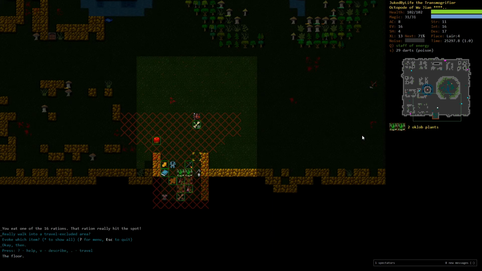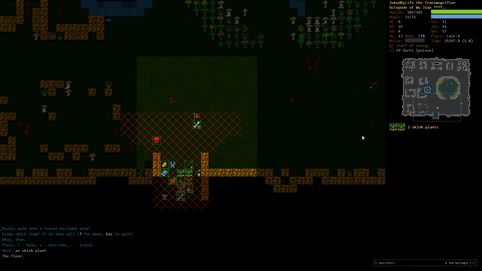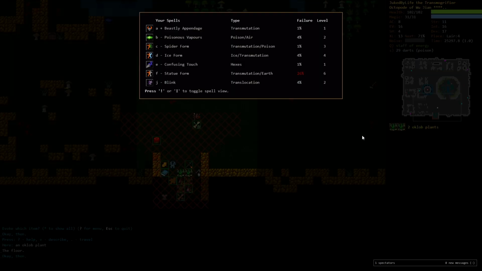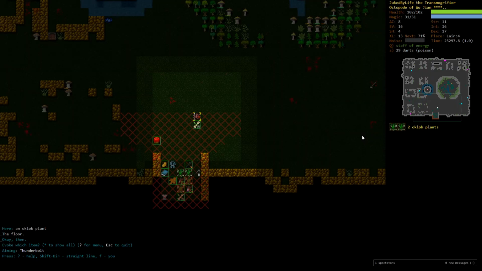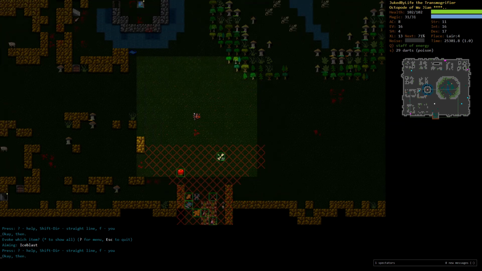What do you guys take damage from? Immune to acid and negative energy, and resistant to poison. So I don't really have any ranged abilities that can do damage to them. All I've got is wands. Not sure how much a wand of Ice Blast would actually do. Oh wait, is it even in range? It's not even in range, so I'd have to take another step in, which would reveal this third plant. I think I just come back and do that later,